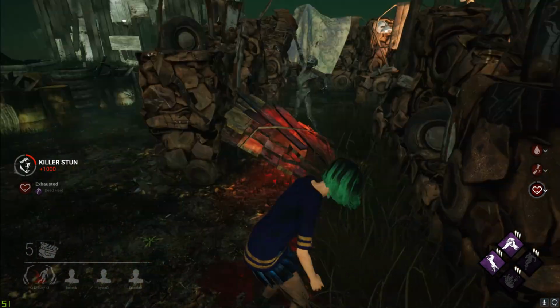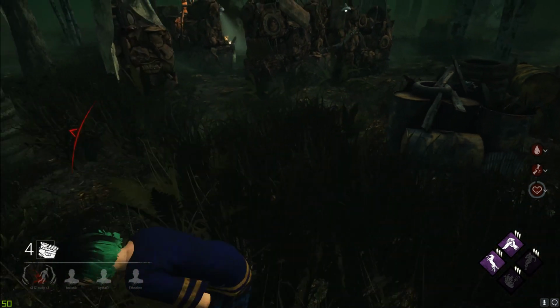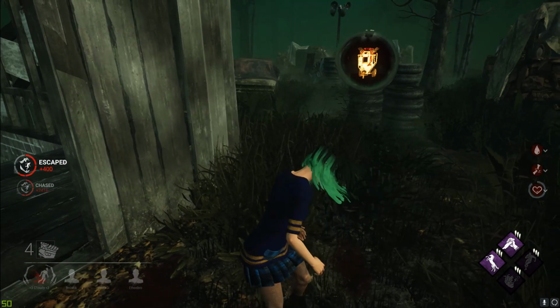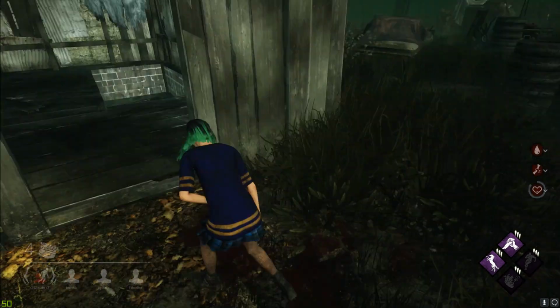Pretty much, you're just trying to run it in a circle until they're too close, then you throw the pallet. Because if you're just throwing the pallet straight away, no, she's going to leave us. Alright, that means I can talk. All good. If you're just like,